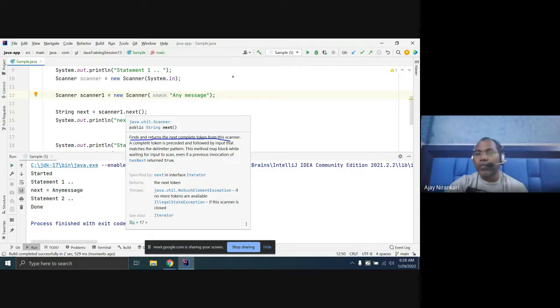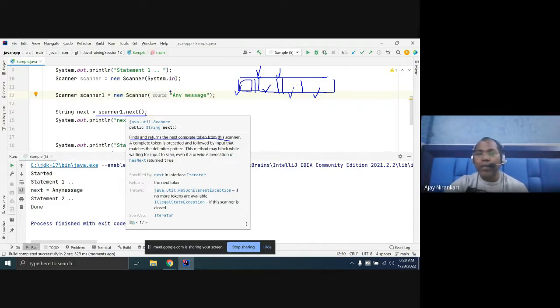Token means whenever you are giving input, any input can be large, but the code will break this input into tokens on the basis of white space. So this is token 1, this is token 2, this is token 3. By default, whenever you call next, you get only the first token, not the complete message.